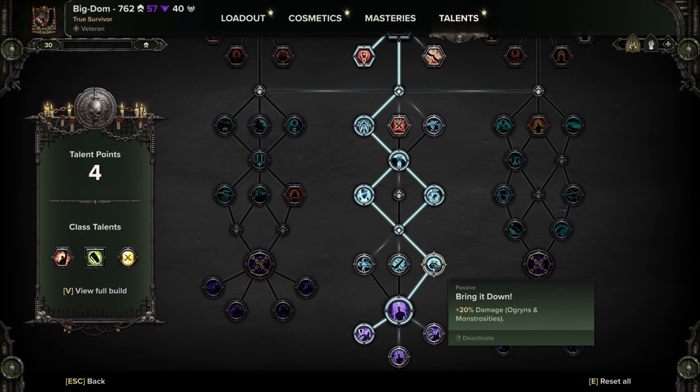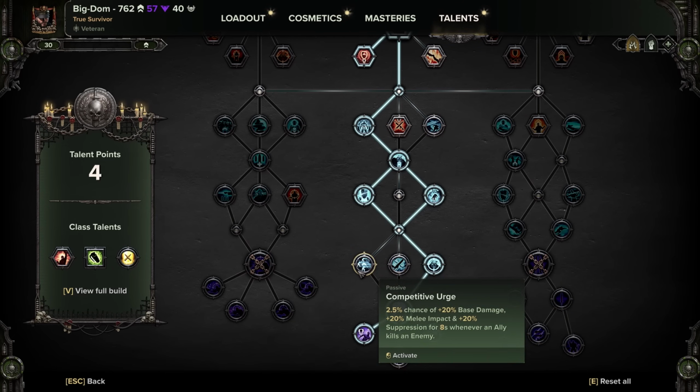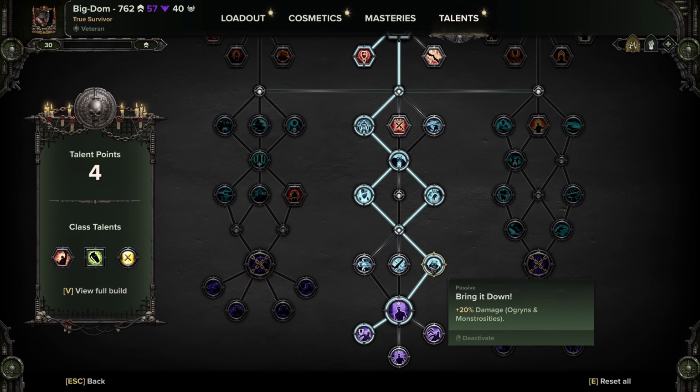Now for consistency and breakpoints, Algorans and monstrosities, bring it down. It impacts base damage, which also impacts explosive and bleed damage on your shredder grenades. I find the most value with bring it down. All 3 of these have use cases and value to grenade veteran, but again, bring it down in my opinion